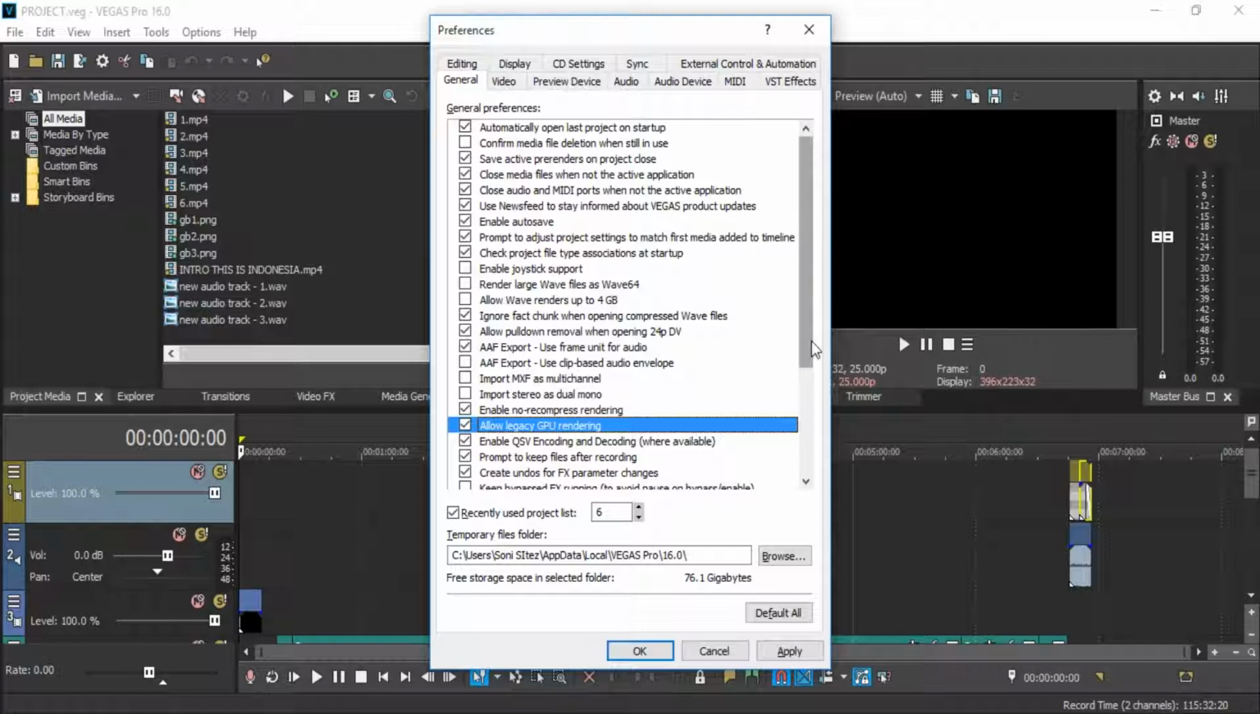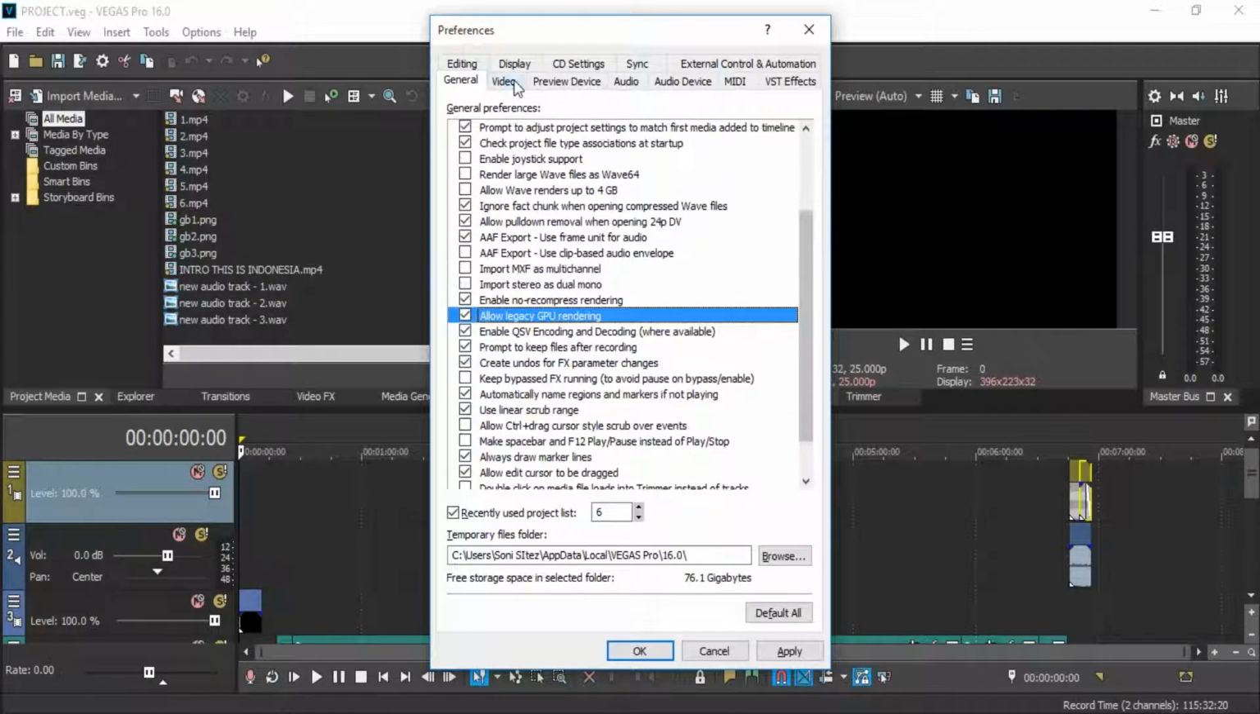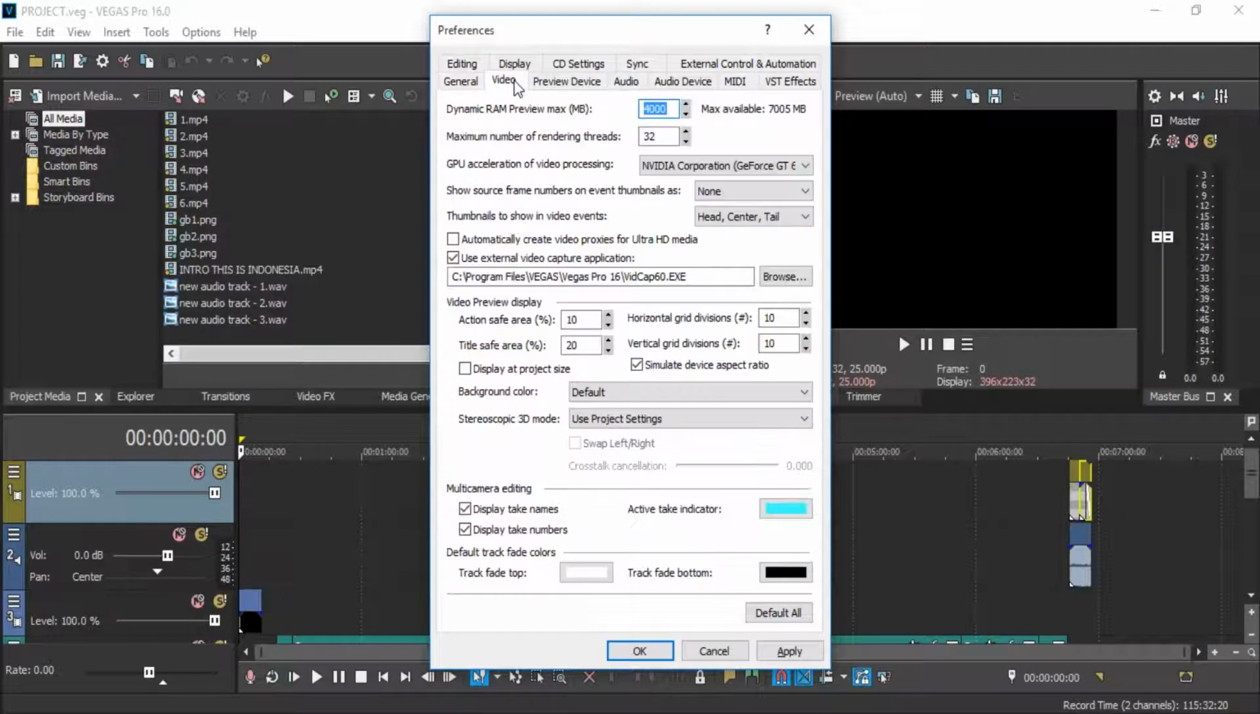After you check this, you can choose Video, for example. Okay, the maximum number of render threads, or you can increase it to go faster, but the higher it is, the more it eats your RAM or processor. But by default,